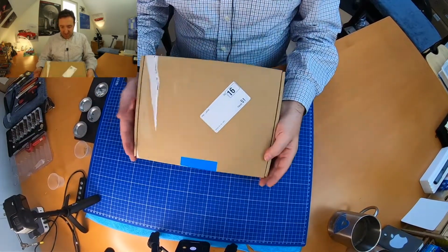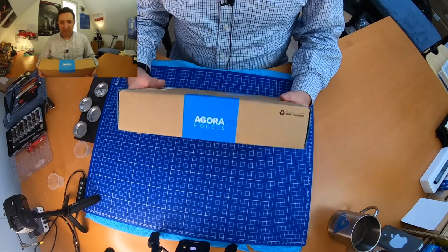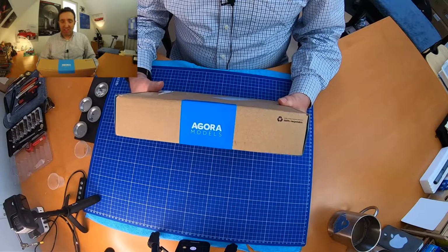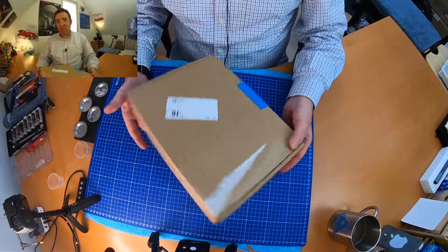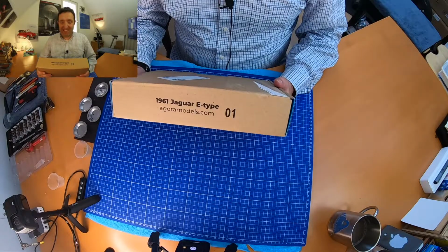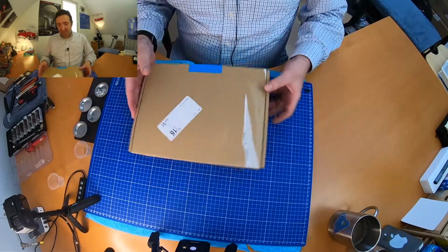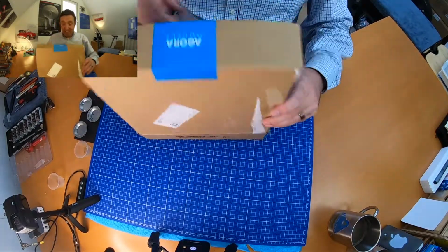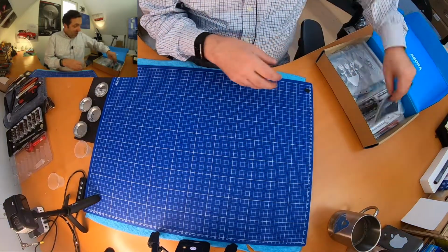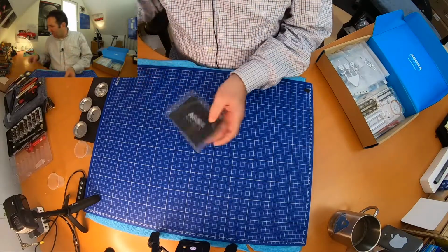Okay, you guys, as you see in front of you, another Agora pack. I don't know if anybody else has done this on the internet, but I'm going to do it: the Jaguar E Type, yes. When that came out, I really loved trying to get that. I'm going to show you what we have in it. As always, Agora brings you these little